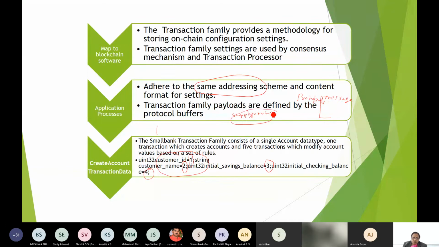Okay, so the 1 refers to customer ID, and it is having a data type of uint. Okay, so this is specific to this one. This is the programming language they follow for the Google protobuf protocol here.